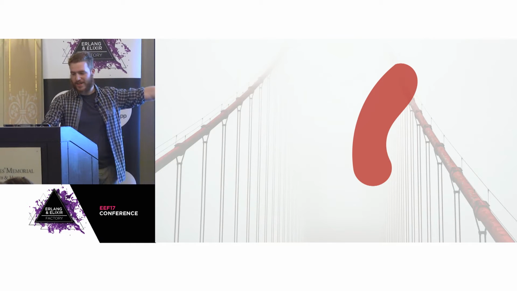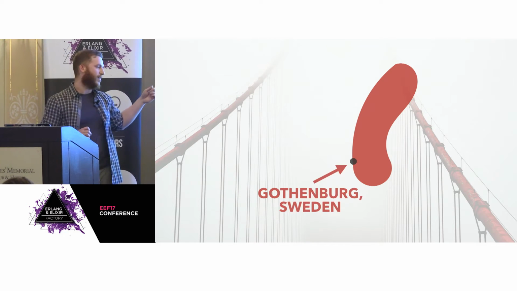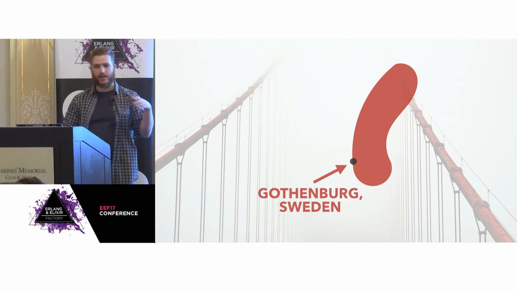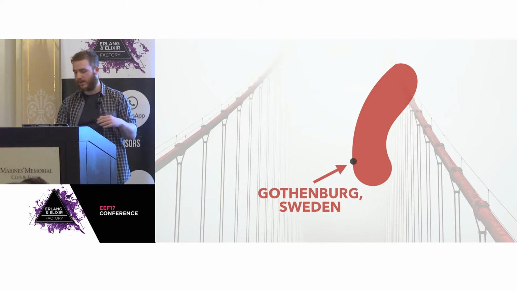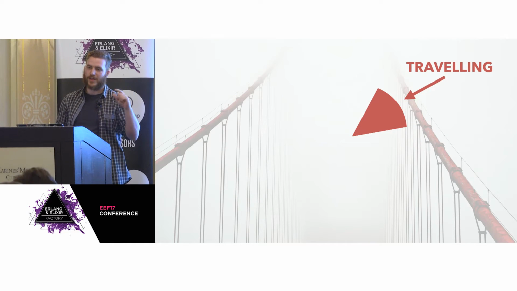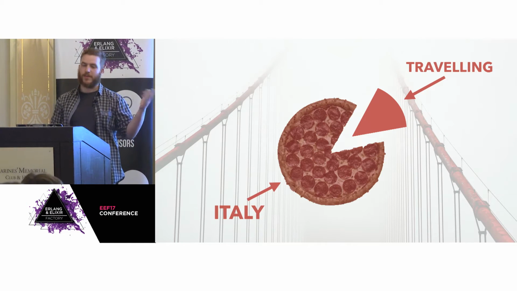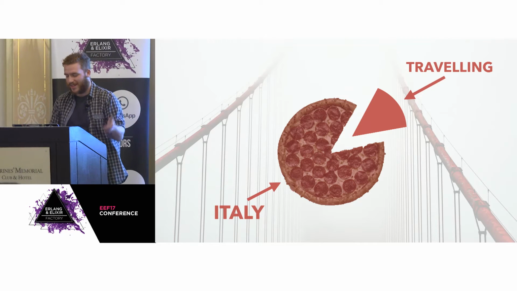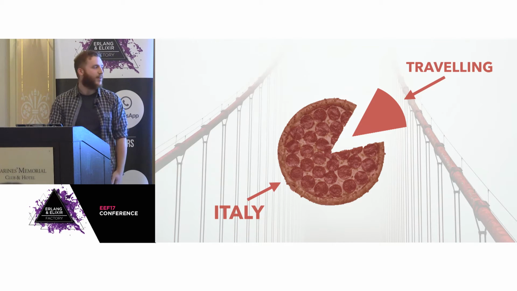So this thing is Sweden. This is a map I drew of Sweden, and I actually live here in Gothenburg, Sweden, not in Italy. Even if I'm taking some time off traveling right now and doing the digital nomad thing, which has been really hard because I've traveled not a lot compared to the time I spent in Italy. Because Italy, just the food and the sun is so hard to leave.